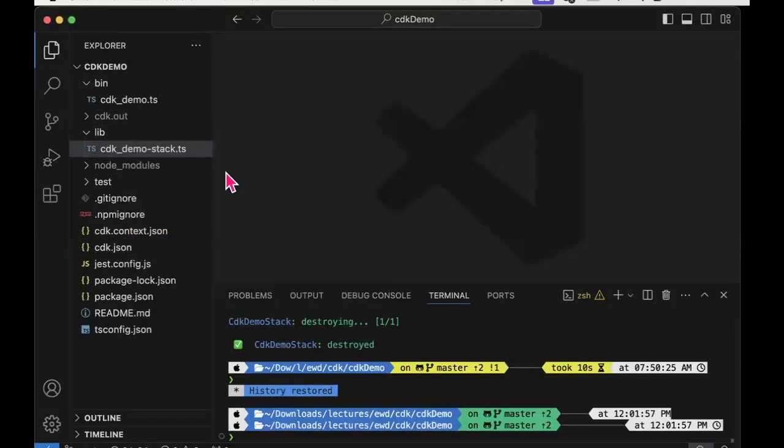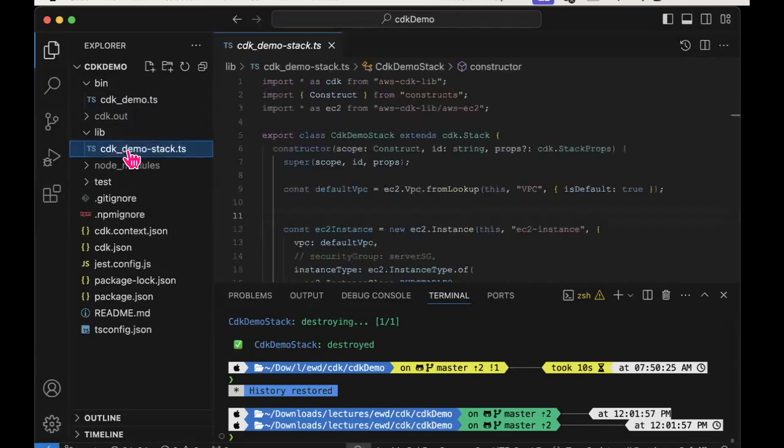So what I'm showing you here is a very simple CDK project, and it has the structure that I showed you on the slides. So here's our lib folder with our stack file. We'll look at the stack file in a moment.